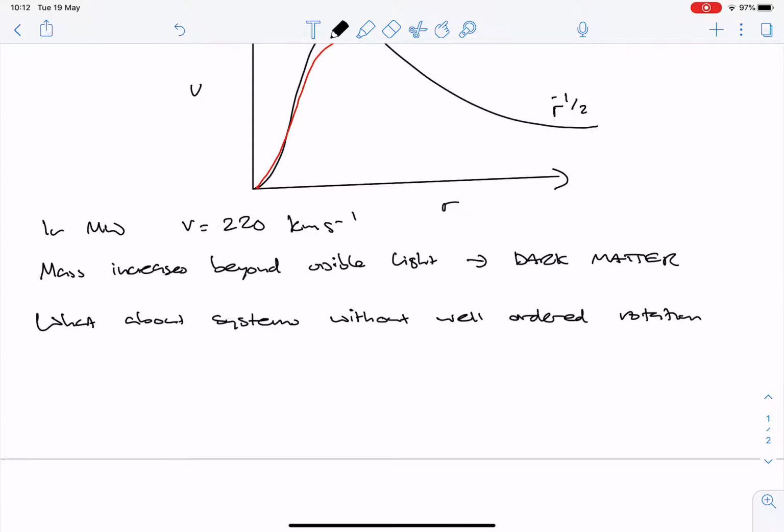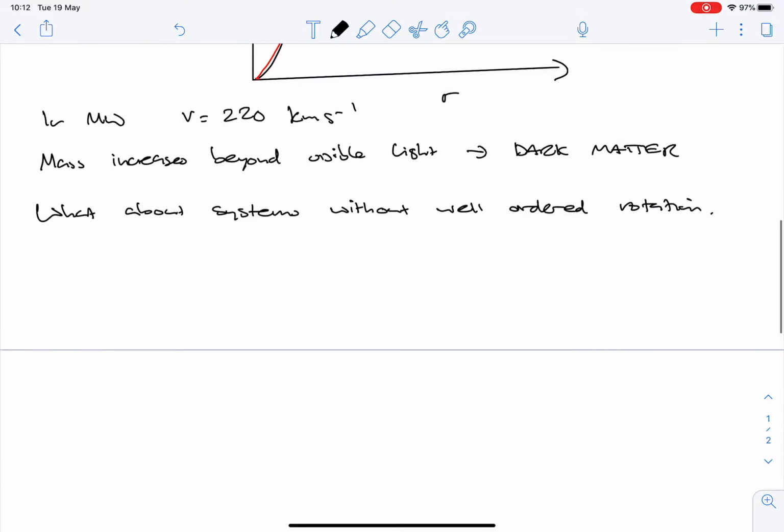Star clusters, galaxy clusters, all things like that don't have well-ordered rotation. But what we then resort to is something called the virial theorem. And you may have come across the virial theorem, you may not. It doesn't matter if you haven't come across it before. It's actually a very important theorem which exists in mechanics. And basically, it says that if you have some system in equilibrium, if you've let it go for long enough that it's become in equilibrium with itself,